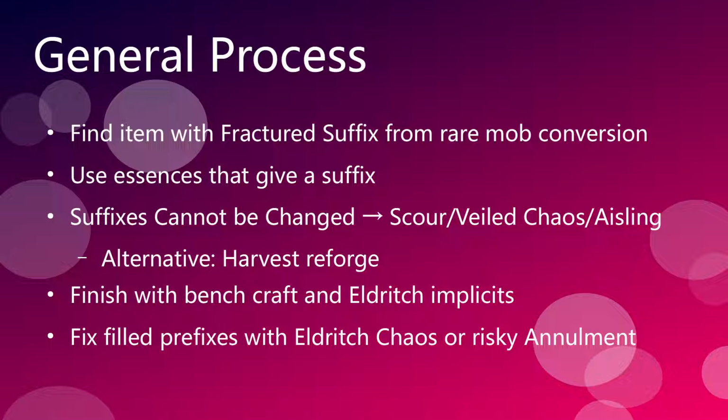You then use an essence that gives you a suffix. Again, has to be a suffix in this case. That's more strict than the fracture. There's some leeway on the fracture, but if you're using this method specifically, you really want it to be a suffix that the essence is granting. You'll then aim to hit a third suffix that is neither from the fracture or the essence, so that suffixes are completely finished. You'll then do suffixes cannot be changed on the bench, which is a prefix, and